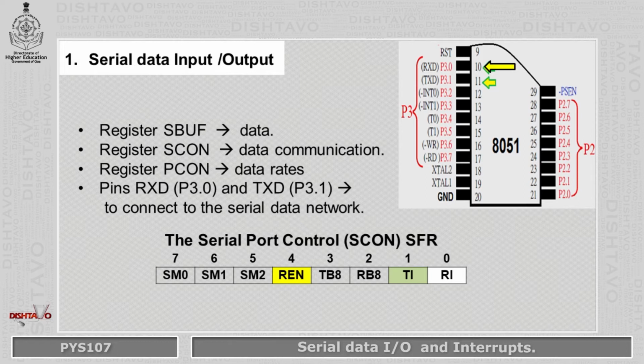The other is read only and is used to hold the data received from external sources via the receive data pin of the 8051, represented as RxD pin 10, which is port 3.0. Both these registers share the address 99 hex. There are four programmable modes for serial data communication that are chosen by setting the SM0 and SM1 bits in the serial port control register SCON.